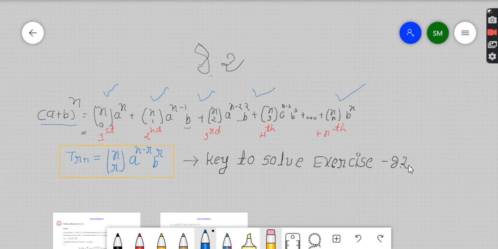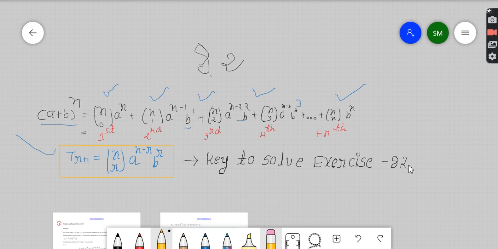You can see if you want to obtain any term, say first term, then here it is coming 0. Then second term, here it is coming 1. Third term, it is coming 2. Not only this, if you observe, then first term, then the power of b is 1. Second term, then power of b is 2. Third term, then the power of b is 3, and so on. So this is playing a very important role over here. So if you want to find out the nth term in this expansion, then this is the most important formula that